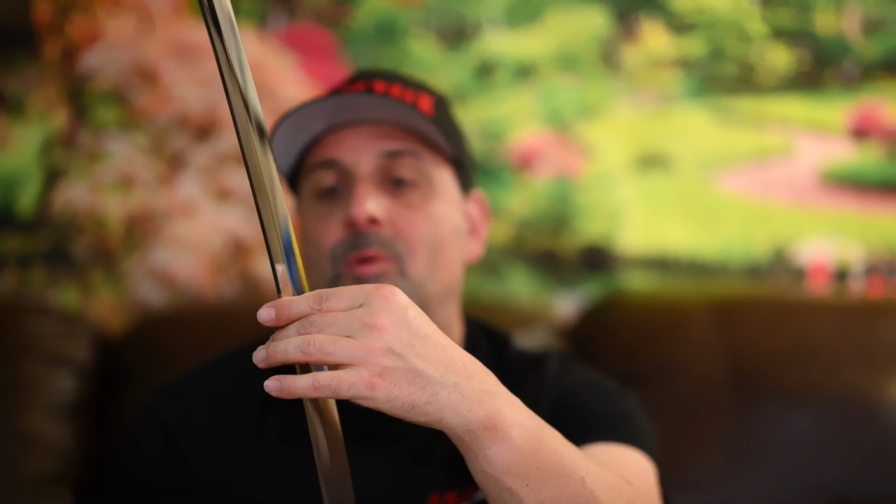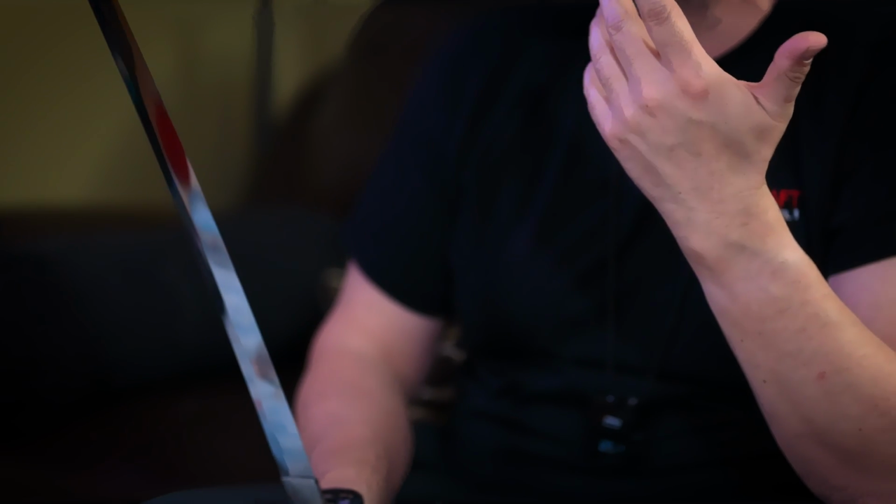I am going to do a lot more cutting with this, but I'm actually pretty impressed with the sharpness level of the sword after cutting all those hard materials. It wasn't a lot, but as I go in with it, I'll let you know how the edge retention stays. But so far, so good with a hard cutting session. The edge retention is still there. No chips, no bends, no rolls, and no